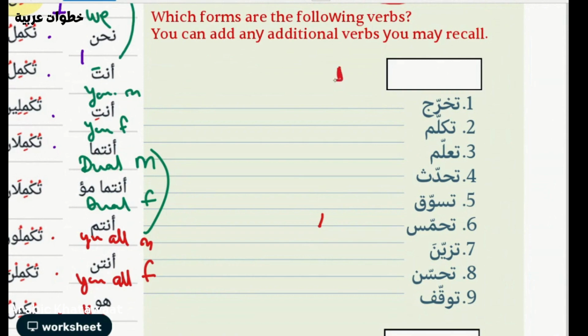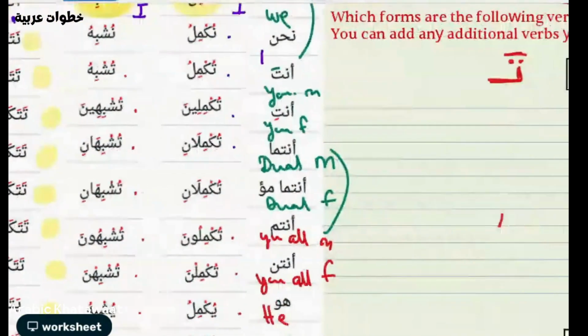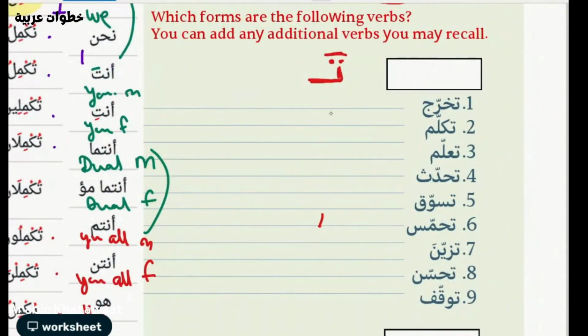So the verb has a ta, and it's similar to tashabaha and takallama. Okay, so I have ta over here, and I have the additional letters in the verb, and the additional letters in the verb after the ta might belong to another meaning, but I will remember that this verb has a ta. So the pattern I have is tafa'ala,